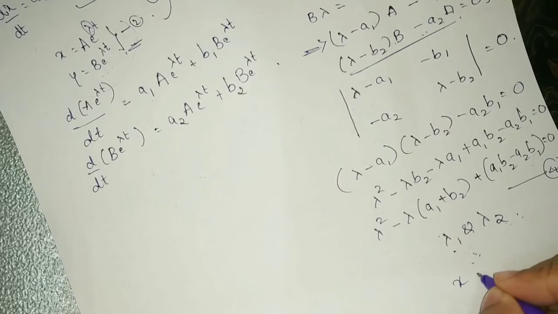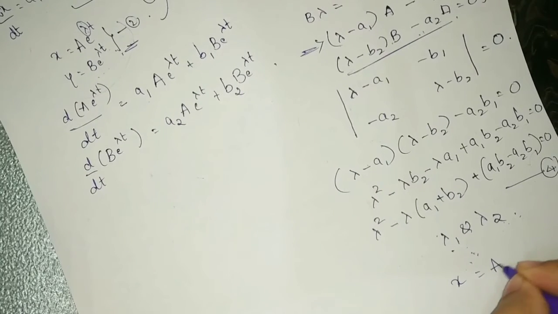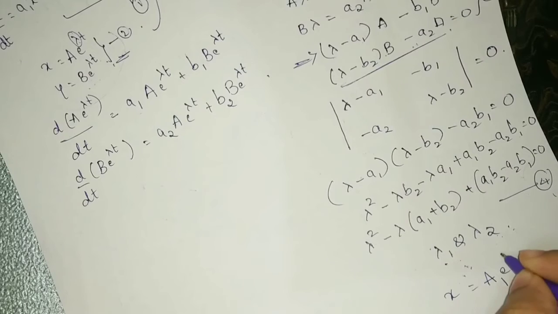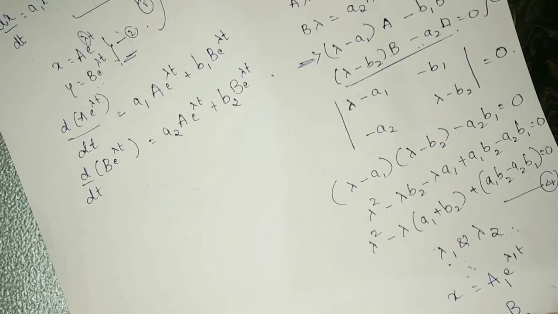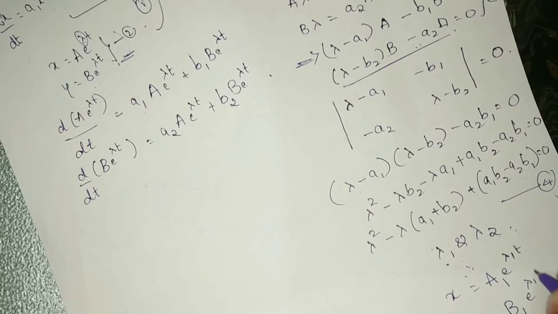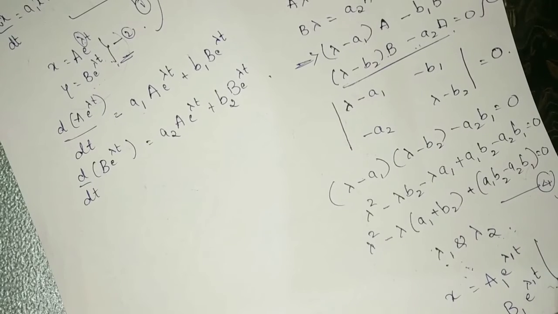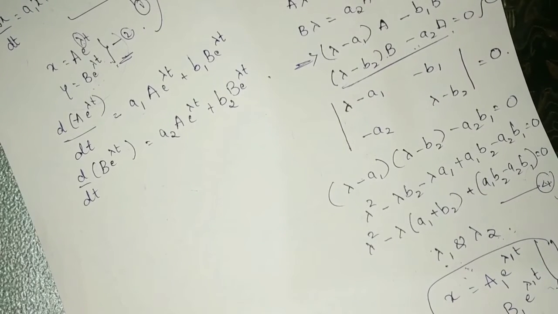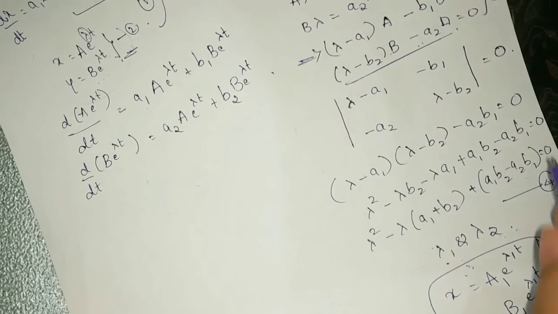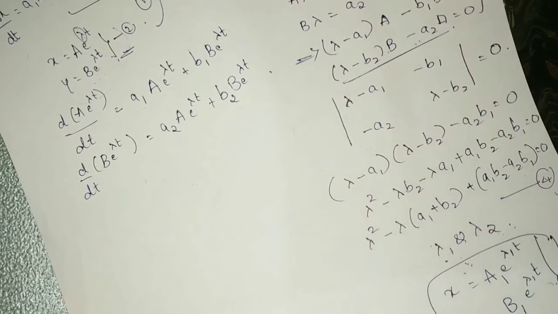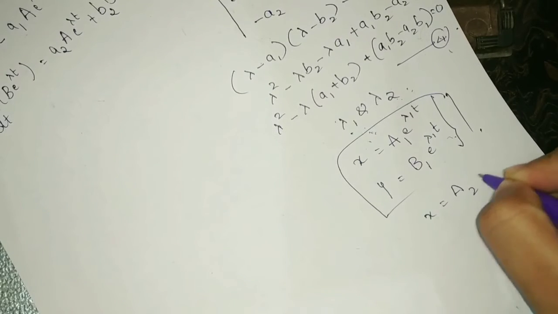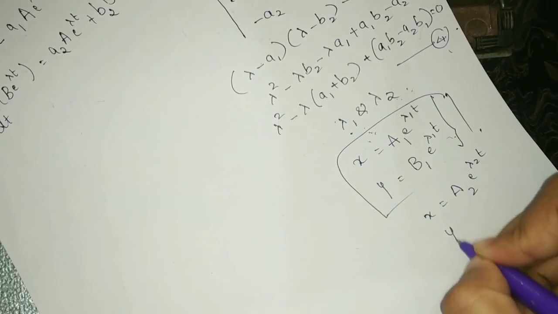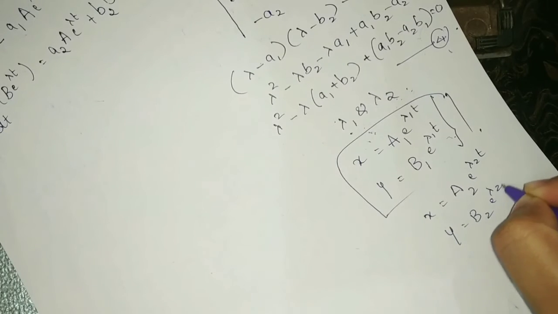So we take that solution as x equal to a particular value, we call that as a1 e raised to lambda 1 t, where lambda 1 is substituted. Y will also get a particular value, b1 e raised to lambda 1 into t. This will be called as the first set of solution. Again similarly we substitute lambda equal to lambda 2 so that we again get one more solution set as a2 into e raised to lambda 2 t and b2 into e raised to lambda 2 t.